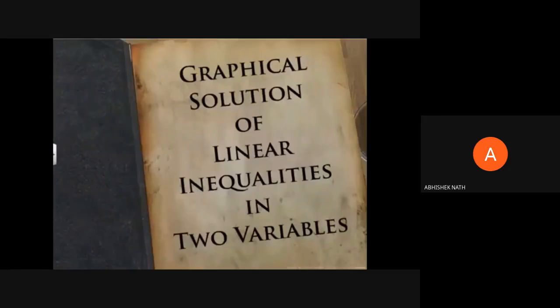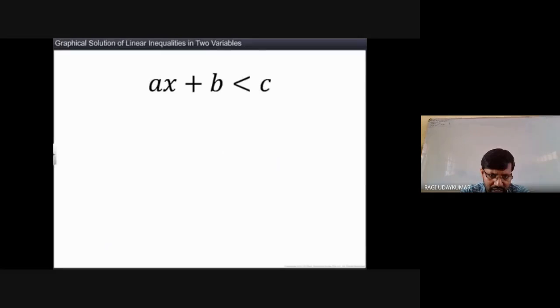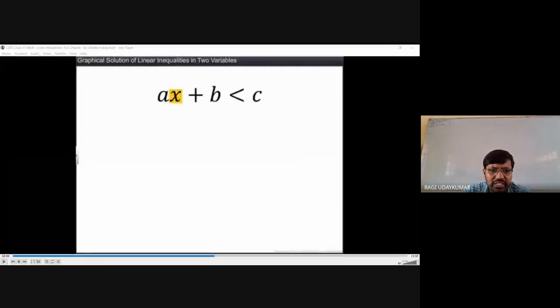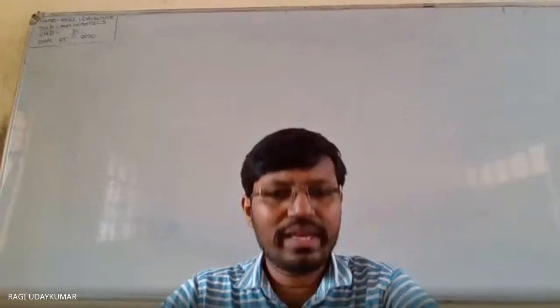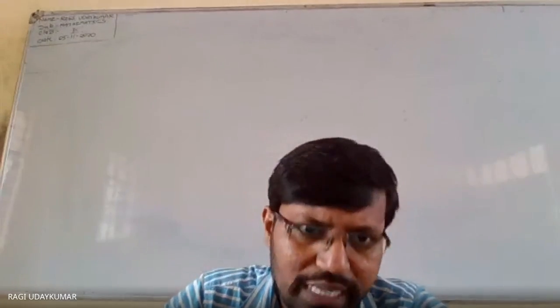Okay. Yes, sir. So graphical solution of the linear inequalities in two variables. Whenever two variables are given to you, how do we find out the solution? That we will see here actually. Usually the first exercise you are going to have the single variable only. In two variables you are going to have the second exercise. So we will move to the first exercise based on this only. The next thing we are going to learn in the next class. Two variables में graphical representation how do we do, and now we will go for the exercise problems.